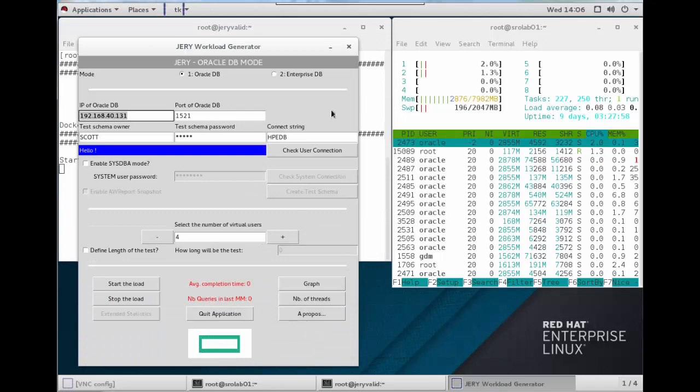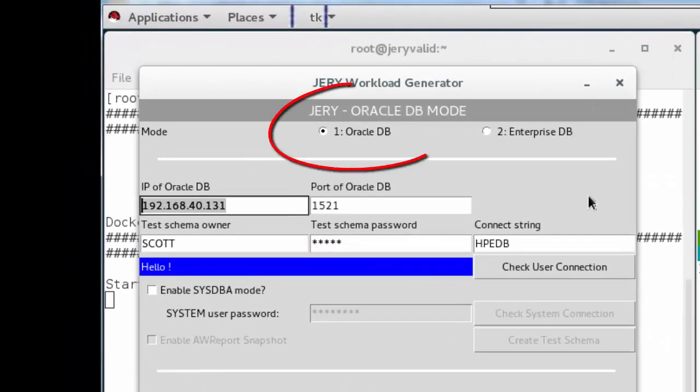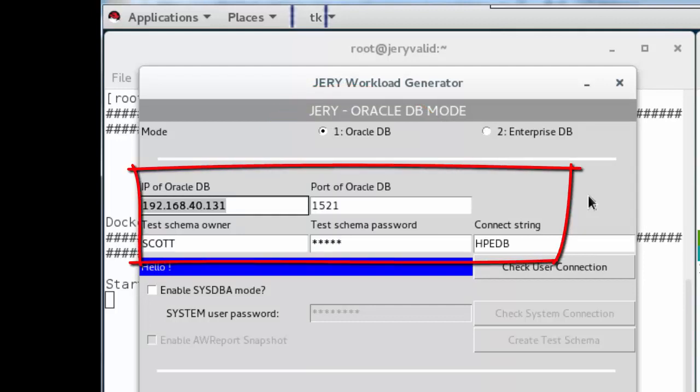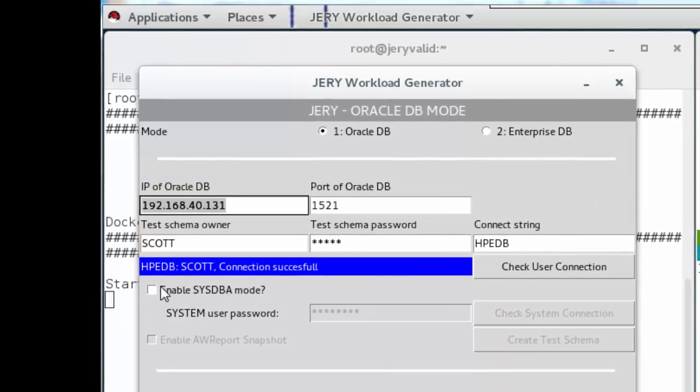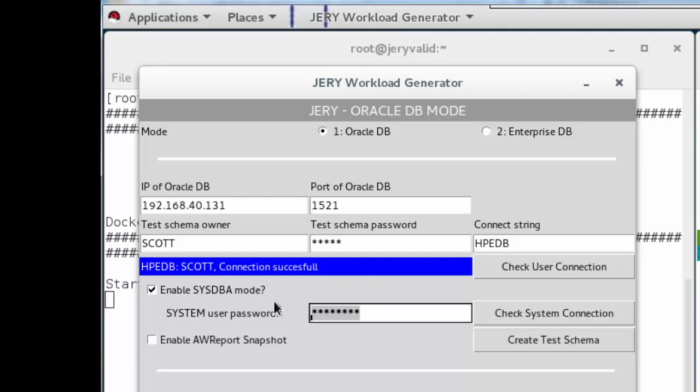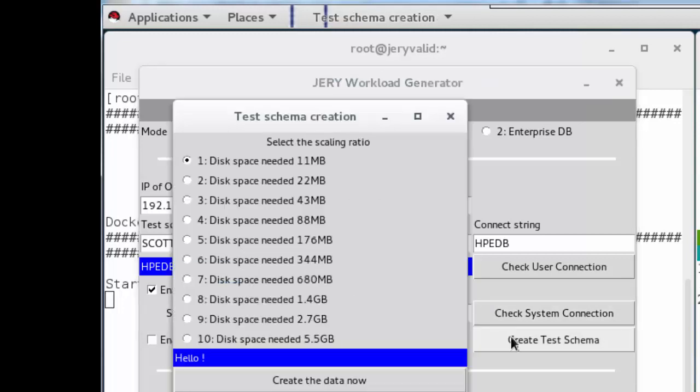Here we are. Today, we will load an Oracle database with JERY. In the second part of the screen, one has to provide the database login information. If the Scott schema is not installed, no big deal, JERY will create it. For that, one needs to create the test schema first. Enable the sysdba mode, enter the system password, check if the credentials are valid, and then click the Create Test